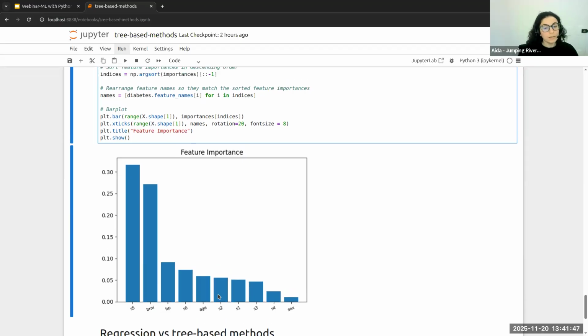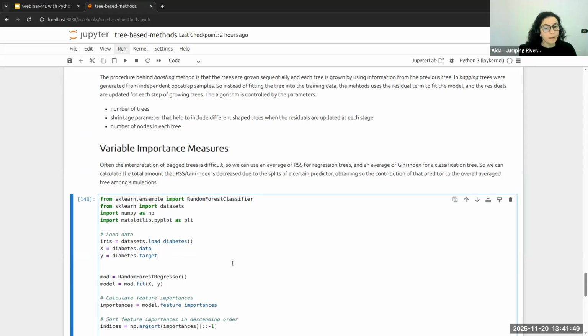In other words, it is how much a given variable has contributed to decreasing the RSS, or how much the total amount of RSS or Gini index has decreased due to the splits of a certain predictor. In practice, it tells us how important and how close that variable is to my response variable.